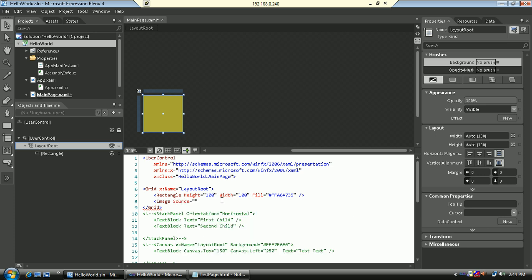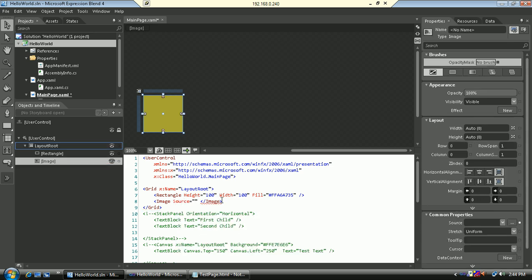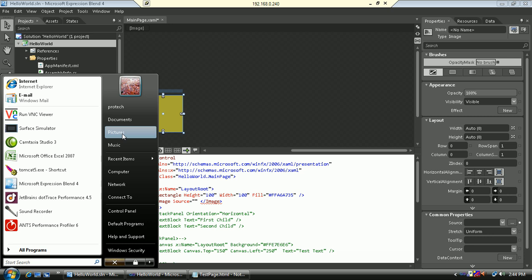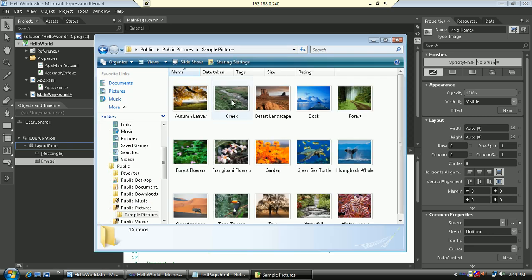You can use the Source property to set the image. Now where do we have the image? Here we have the pictures. I am simply dragging and adding into